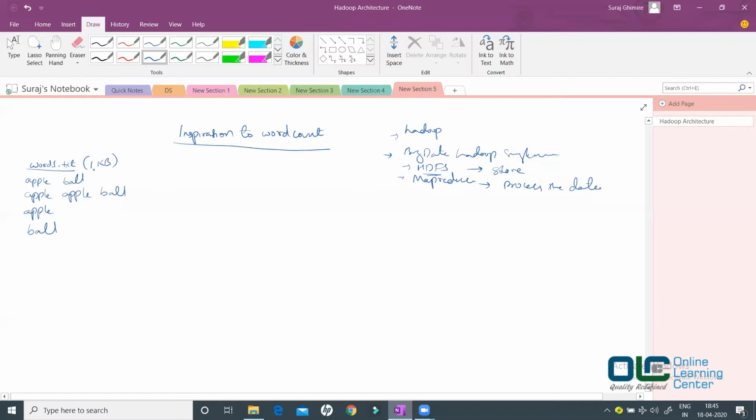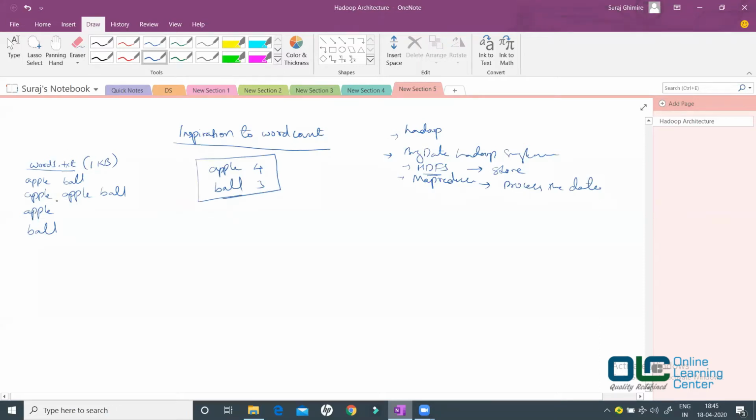The objective is to find out how many apples and how many balls there are altogether. Apple we have 1, 2, 3, 4, so 4. And ball we have 1, 2 and 3. This is the output I expect when I write a program to count the words in this file.